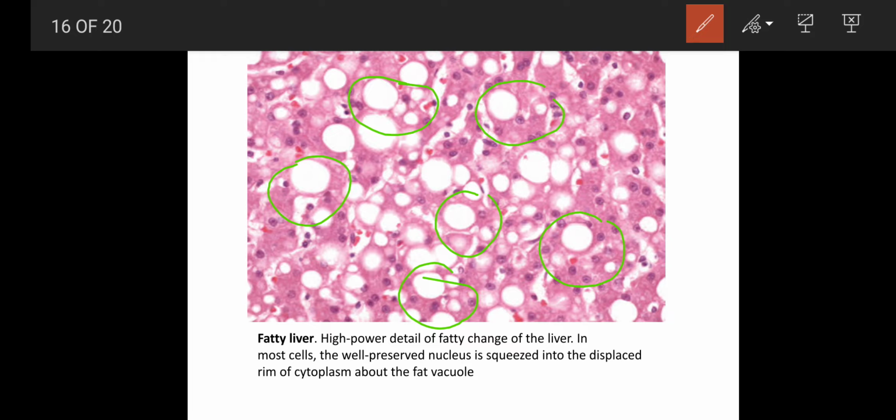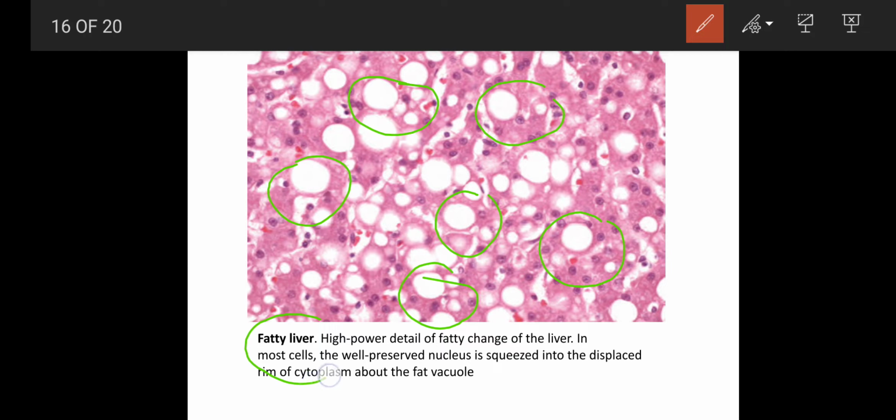Now under a histological section, what is basically happening is that during tissue processing, the fat is washed away. That is why under the microscope we can see certain blank spaces, because these were spaces which were previously occupied by fat, and now because of processing, the fat has been washed off.